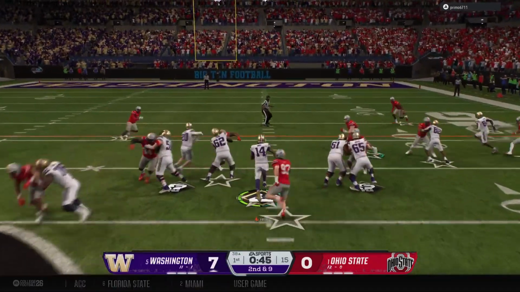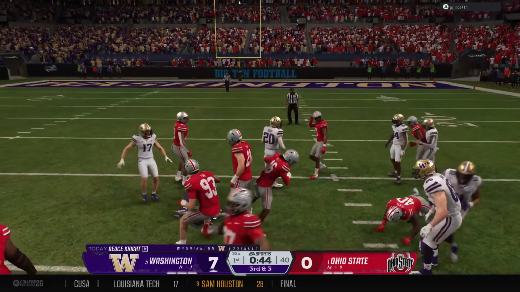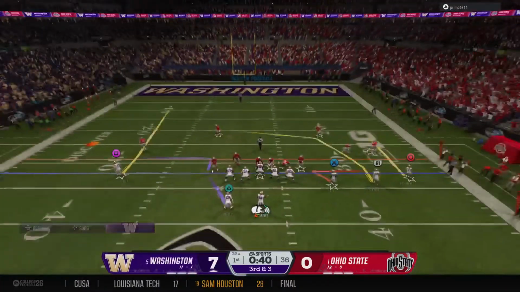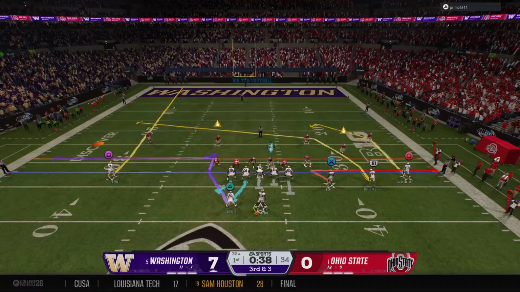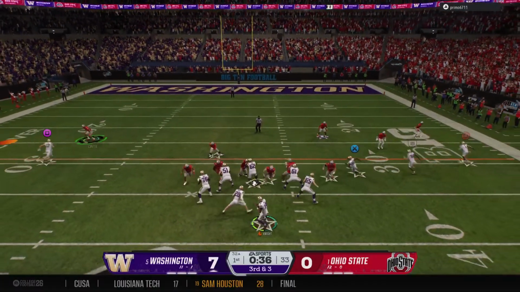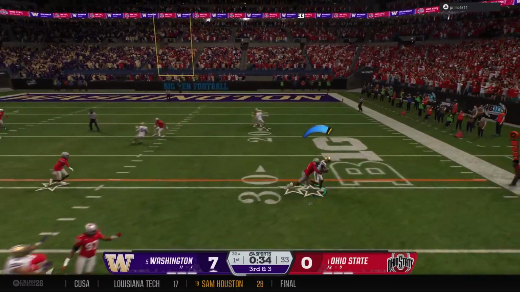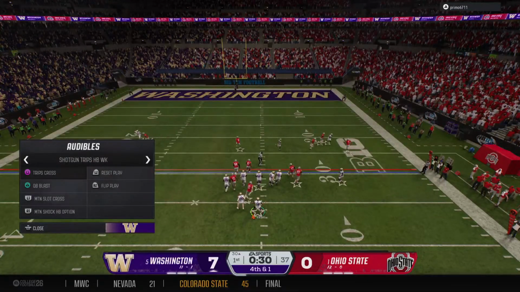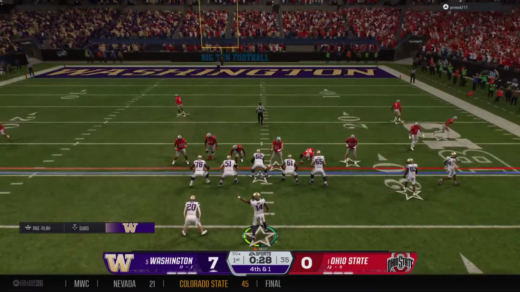He keeps it on the design run. Tough running there, but not quite enough for a 1st down. The Huskies come up to the line in a hurry. Scanning the field, it's Knight. Catch made on the right side. The defense stops him just short of the marker. That'll bring up 4th down.